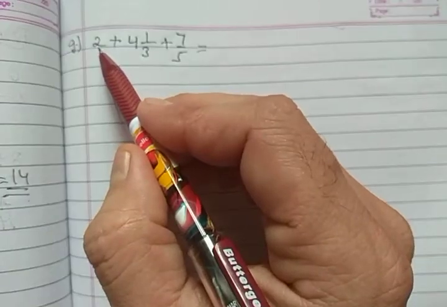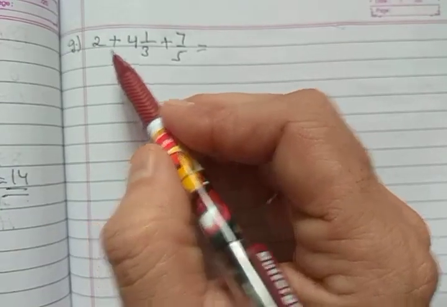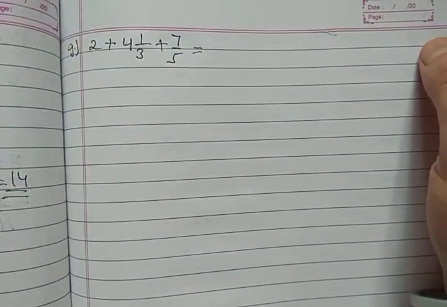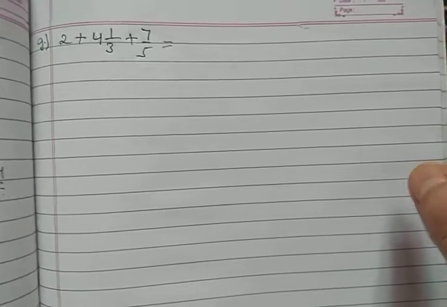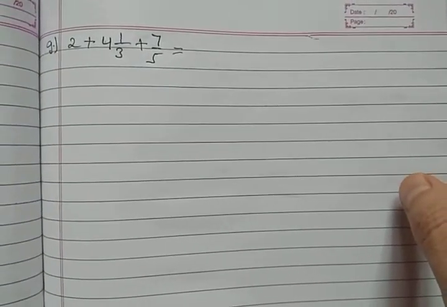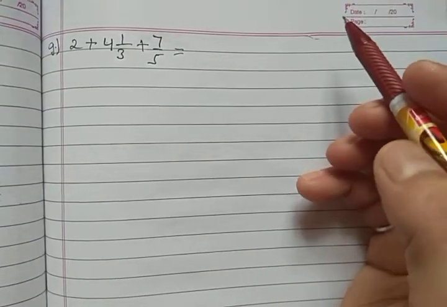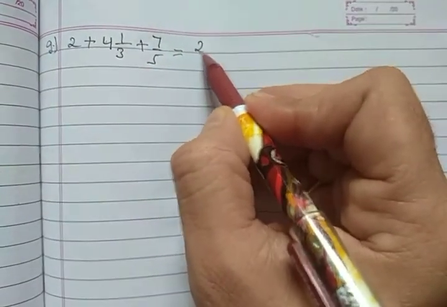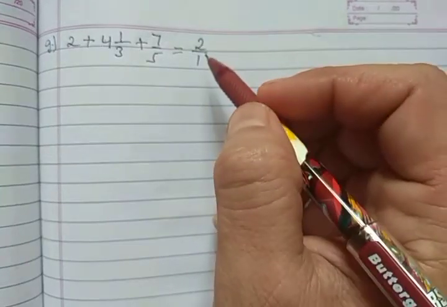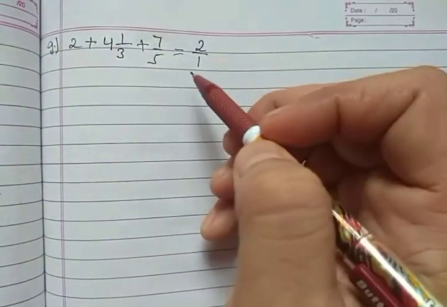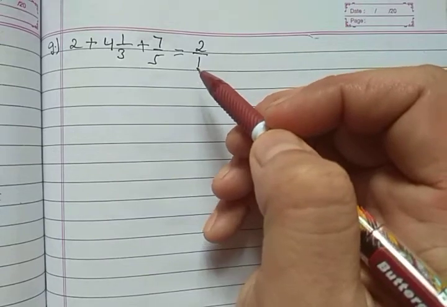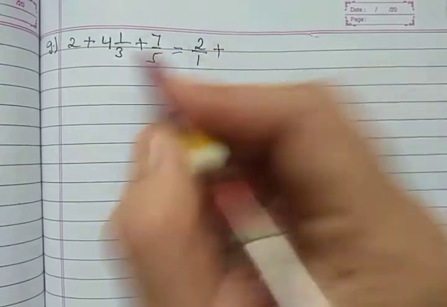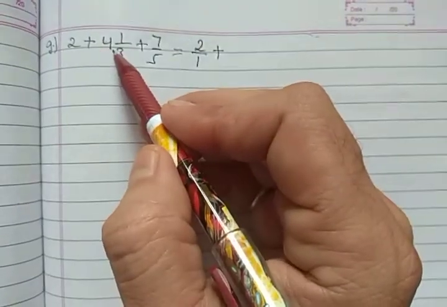So we can also write this whole number in fraction form. How? कभी भी आपके पास whole number है तो आप उसमें denominator में 1 लगा सकते हैं. You can write 1 as denominator. तो whole number को कोई फर्क नहीं पड़ता. Like 2 upon 1, we can write 2 और 2 upon 1 both are same. कोई difference नहीं है 2 upon 1 and 2 में. Plus convert this mixed number into improper fraction.